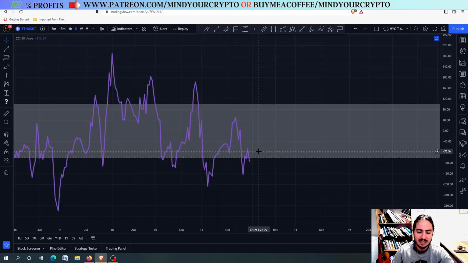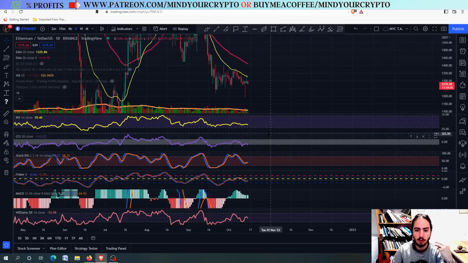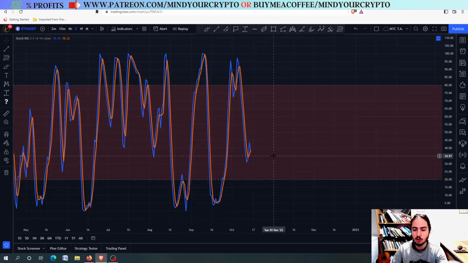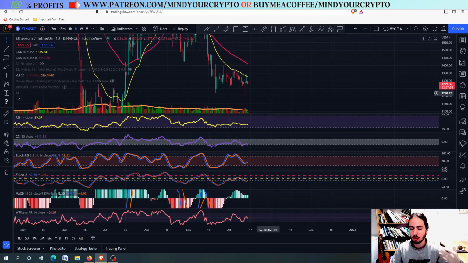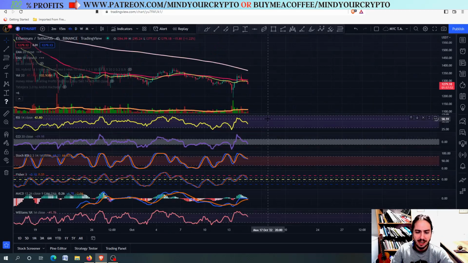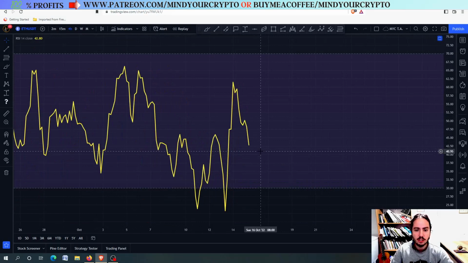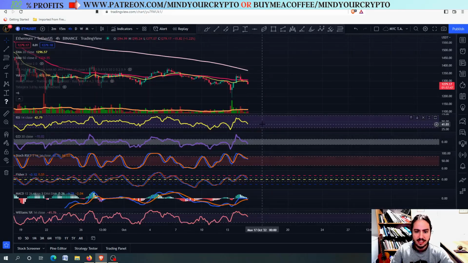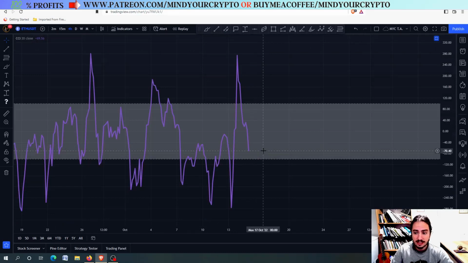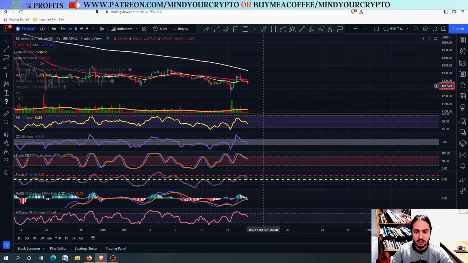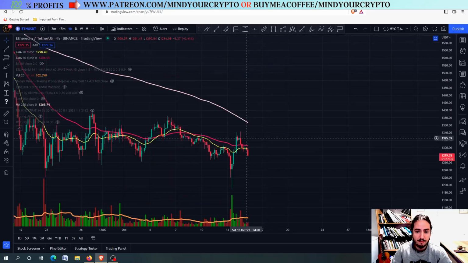The commodity channel index is in an oversold situation, but we do not care about the commodity channel index right now, as we care about the daily RSI. All the other risk metrics are in neutral positions. This means that we do not have any oversold or overbought situation at all. Let's go to the 4-hour frame as well. And in the 4-hour frame, you can see that we can correct even more. The RSI is neutral. The stochastic RSI is neutral as well. Commodity channel index neutral at the 70, -70, and so on. So you can see that Ethereum can correct even in the shorter time frames, and you can see the rejection